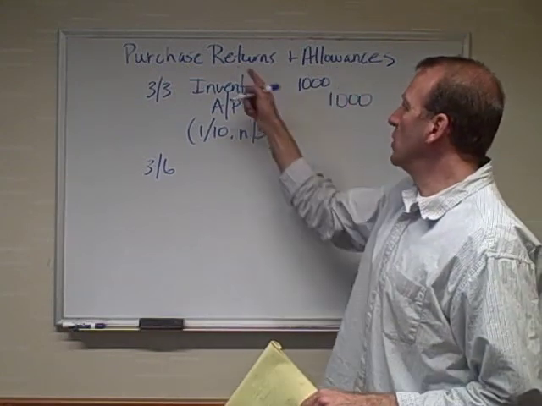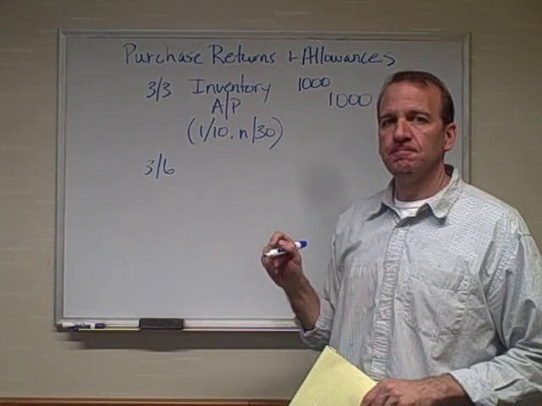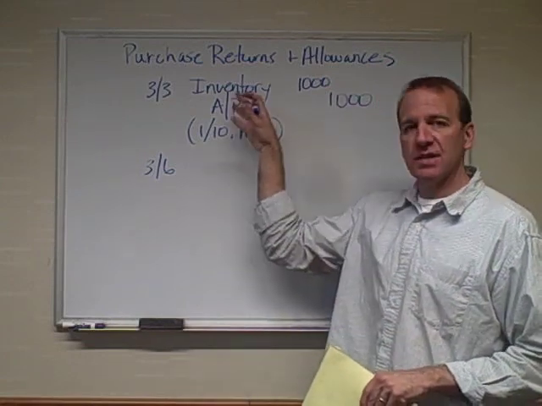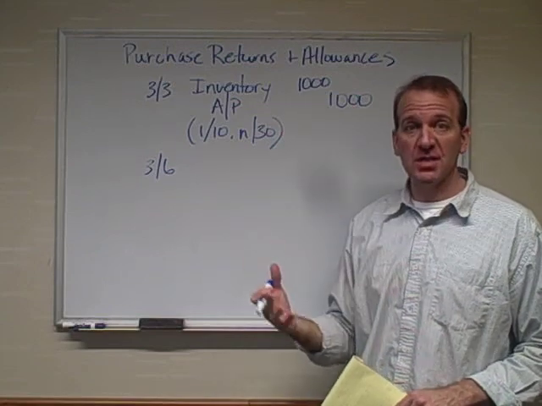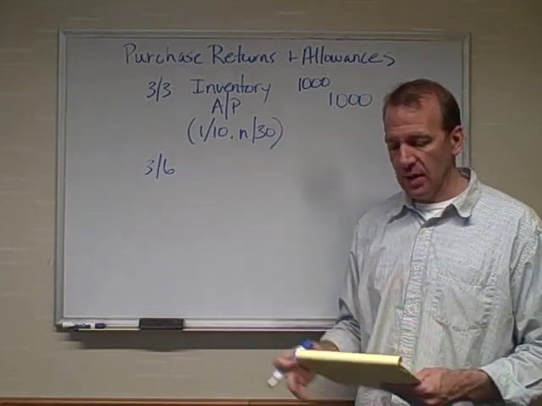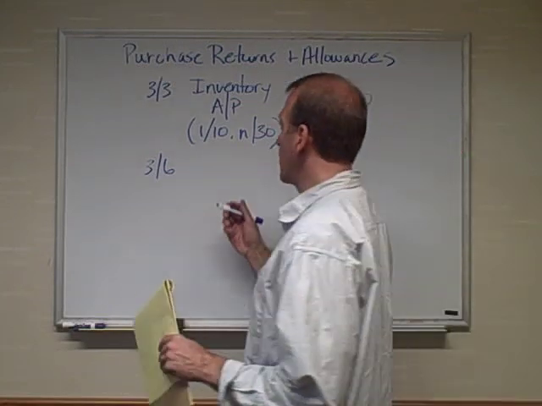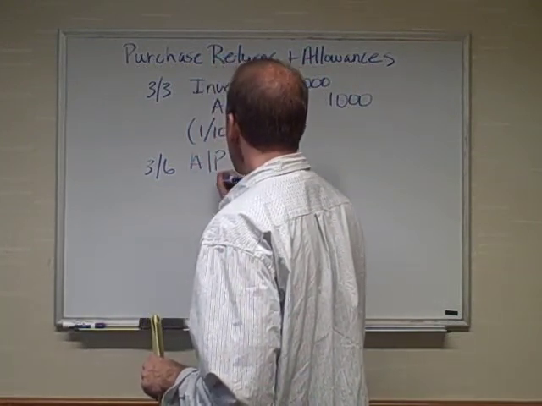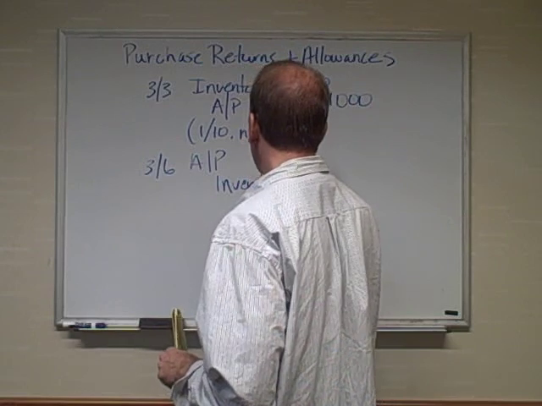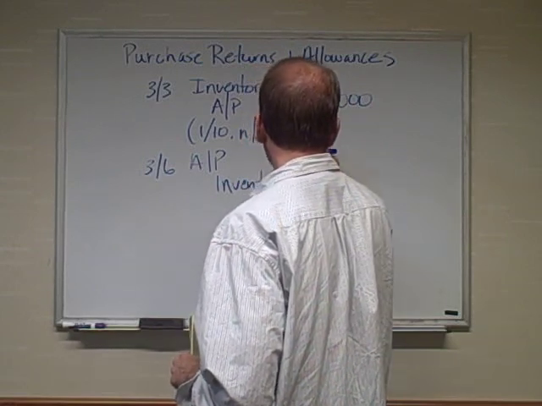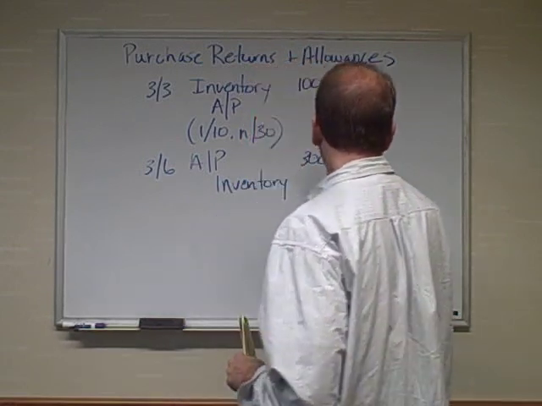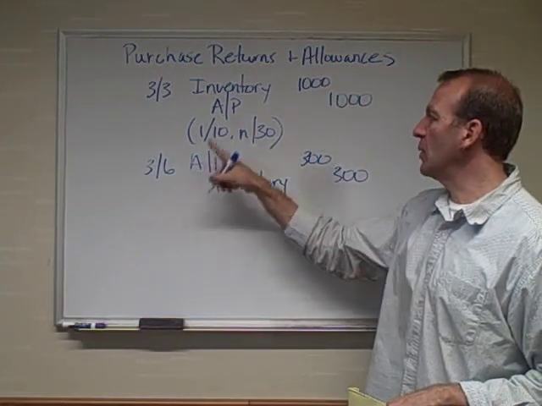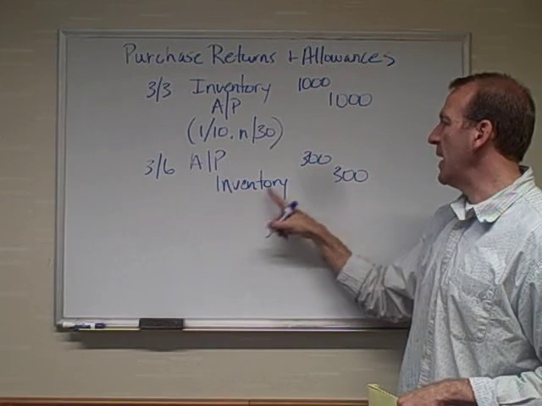Now, we're looking at returns and allowances. What this means is occasionally we might not be satisfied with this, and we may return some of the inventory. Let's say in this example that we're returning $300 worth of inventory. Well, all we do is reverse out the entry for the dollar amount that we're returning. So we're returning $300 worth, so instead of crediting, we're going to debit accounts payable and credit